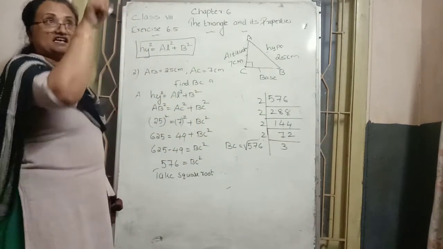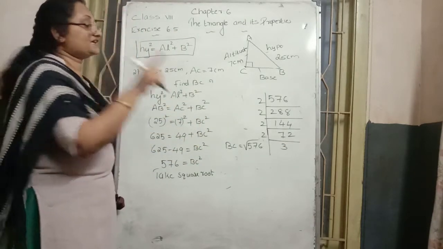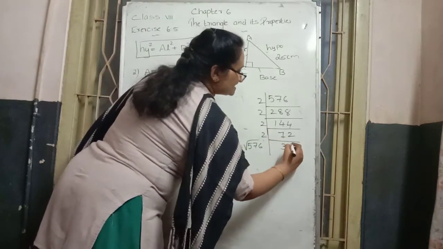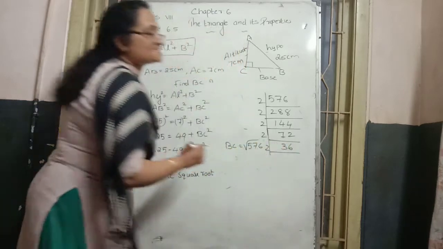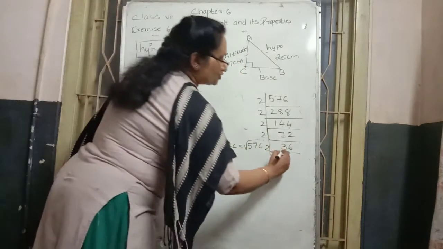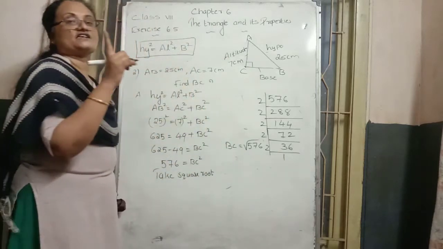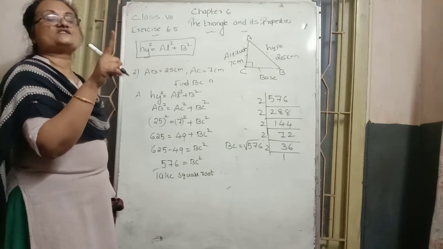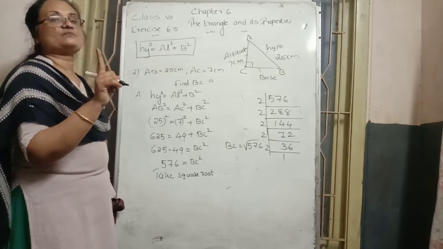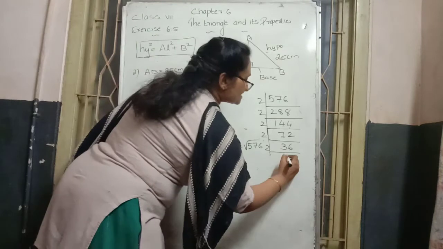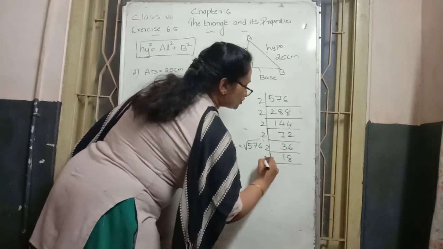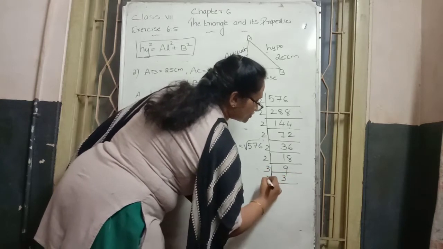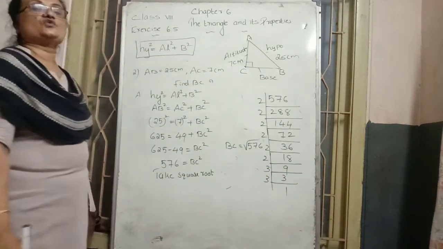2 3s are 6. 7 and 6 subtraction gives 1, and the second place number is read together, making 12. 2 table 12 how many times? 6 times, so 36, again continue with 2. Why? Because 6 is an even number. 2 table 3 is not there properly, 1 time. 2 into 1 becomes 2. Then 3 minus 2 subtraction gives 1, and the next number is joined, making 16. 2 table 16 is 8 times, giving 18, again continue with 2. 2 table 18 is 9 times, again 2 table is not possible. 3 table only is possible. 3 is a prime number, that's why we use 3 and divide.